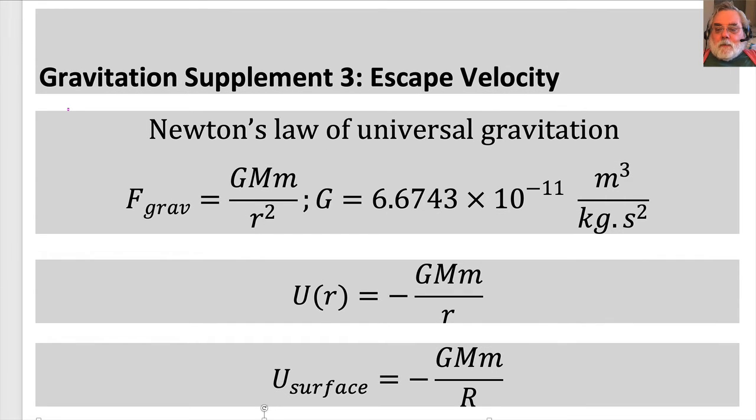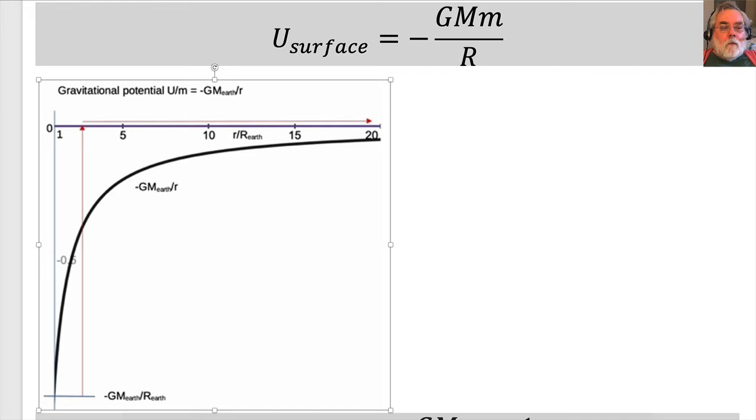For a small object at rest on the surface of the larger object with radius capital R, the gravitational potential energy is this formula. Here is a graph of that formula. Total mechanical energy is the sum of gravitational potential energy and the kinetic energy. At rest on the surface, here, the total mechanical energy is negative and the small object is gravitationally bound to